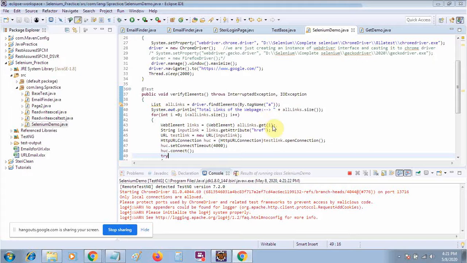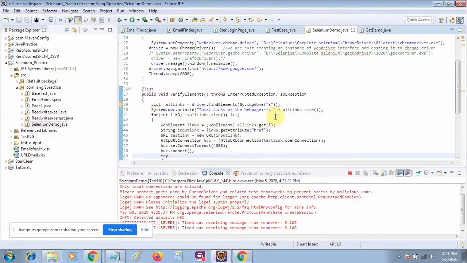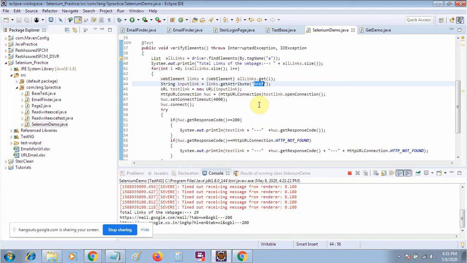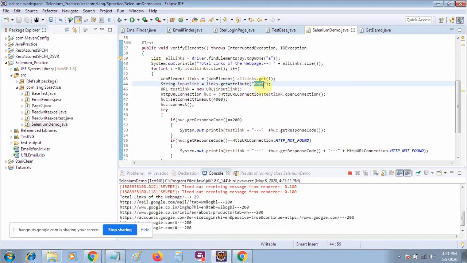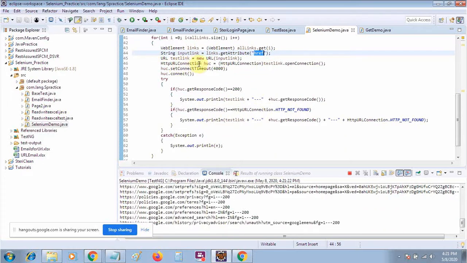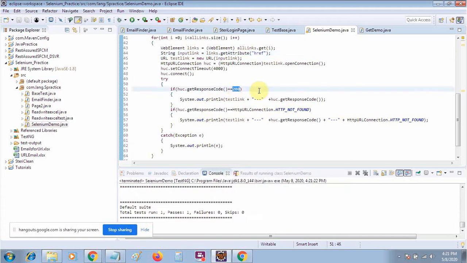First you need to find all the elements with the tag name A. Then you need to find the exact value of your URL, whatever URL you have. Then you need to set the connection using the HTTP URL connection class. After that, you have to check the response code. If the response code is 200, that means it's okay. If the response code is not 200, that means it is not found, and you can print this one.